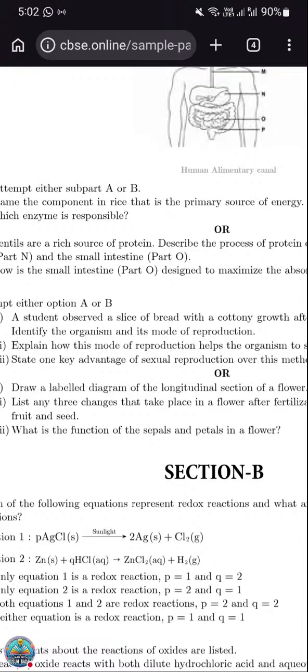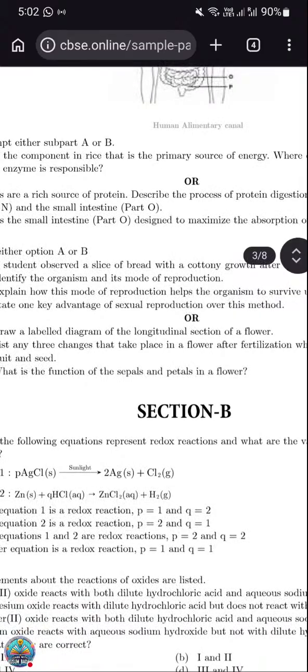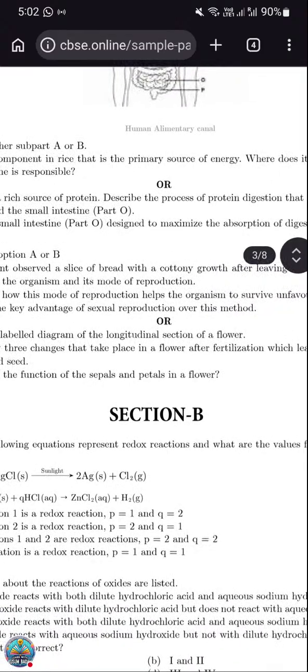So here, mode of reproduction. It is an asexual mode of reproduction where the organism will spread by spore formation. Next one, explain how this mode of reproduction helps the organism to